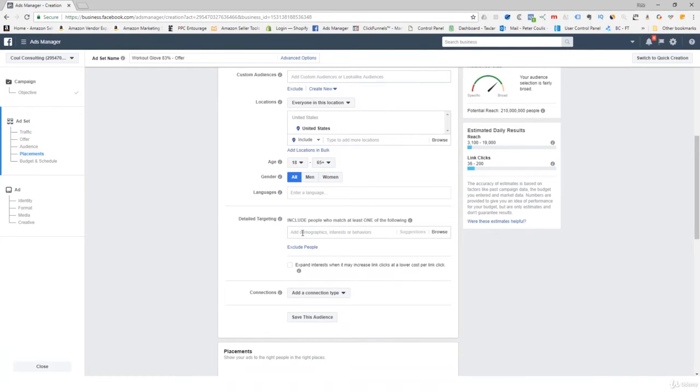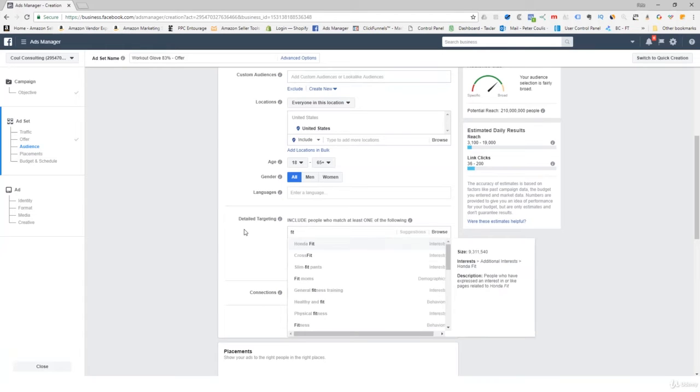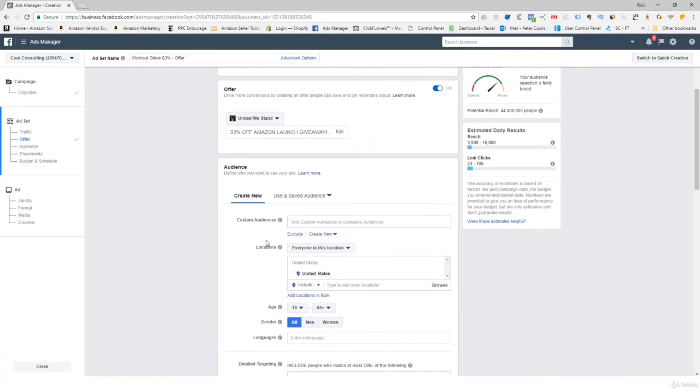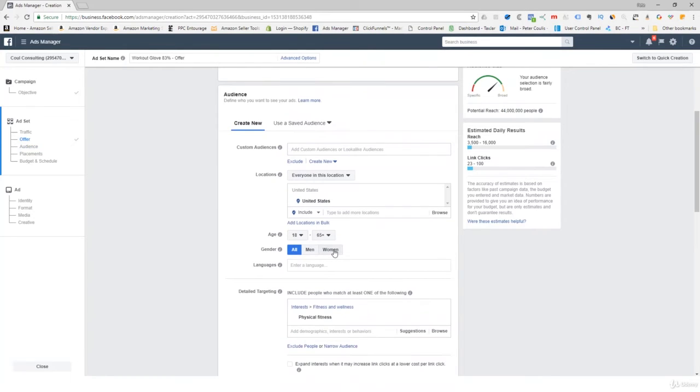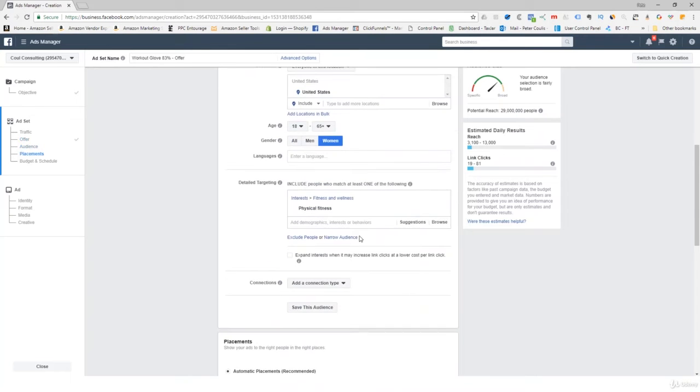So what I'm going to do is simply, let's see, we're targeting women who are into fitness. So who would they like? What's a women's fitness sort of influencer? Or if you want to go super broad, literally just go fitness. Interest, physical fitness. If you want, you can just narrow it down to women. And what I would also do is hit this narrow audience,